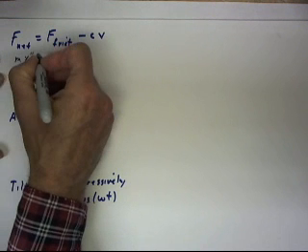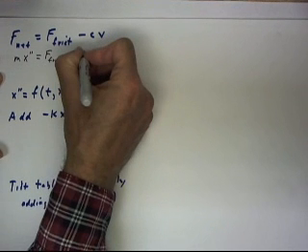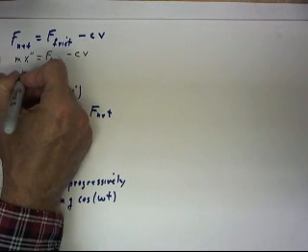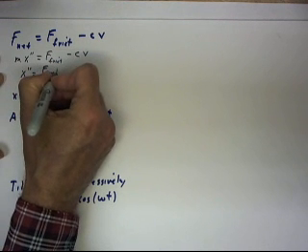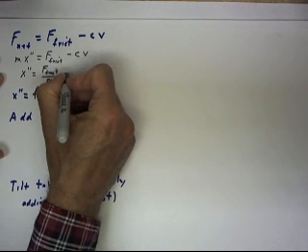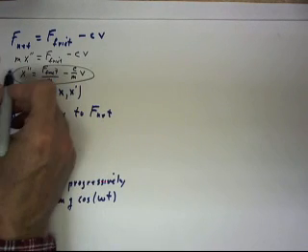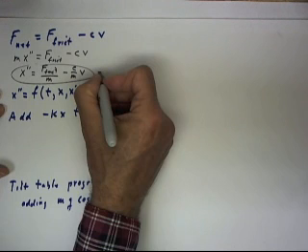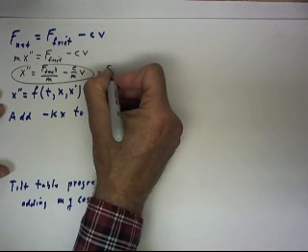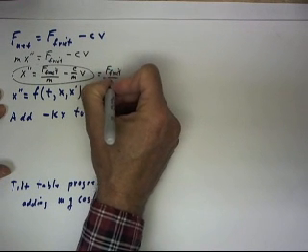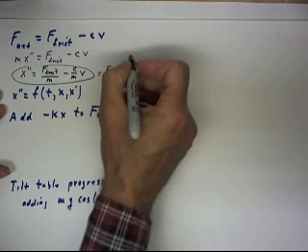mx double prime equals force of friction minus CV, and then as x double prime equals force of friction over m minus c over m times v. This equation can then be written as, well, this right hand side can be written as F friction over m minus c over m times x prime,